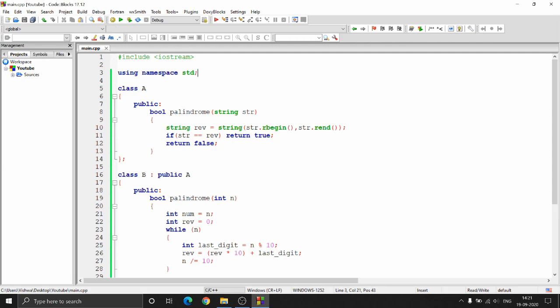Well, abstract classes are nothing but just a normal class with at least one of the methods as a pure virtual function. Now, what does this mean? It means that a pure virtual function is nothing but a function without any definition. It's just a signature. So why do we need an abstract class when we can just create a normal base class and do the inheritance like this?